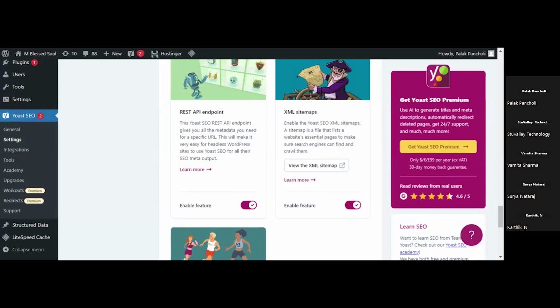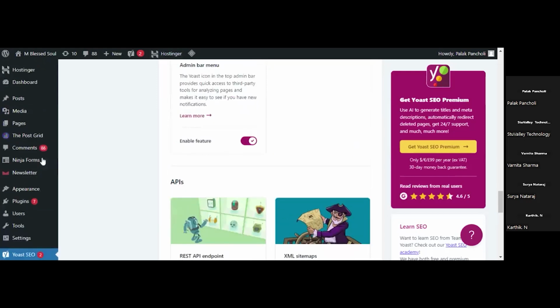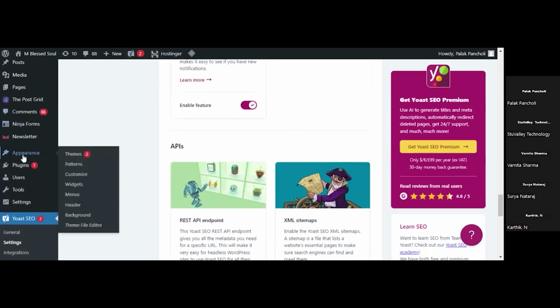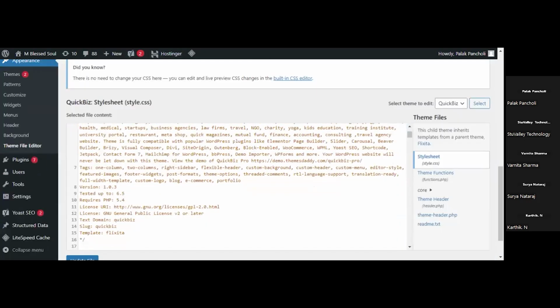XYZ website is not actually a real website, but I'll show you on this website. In the appearance section of your website, go to theme file editor, and here, can you see this theme header on the right hand side?